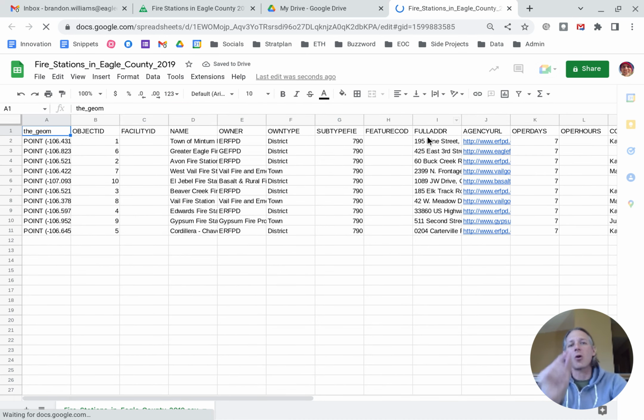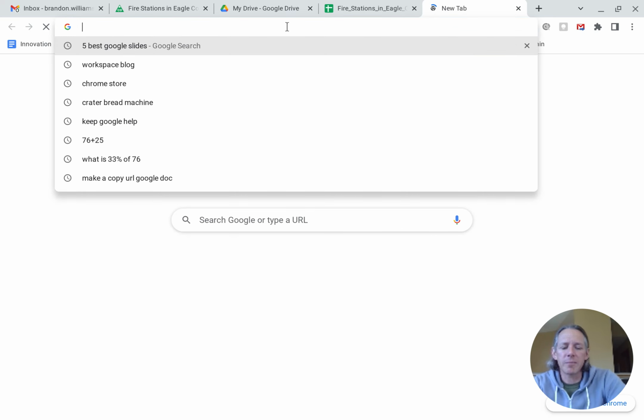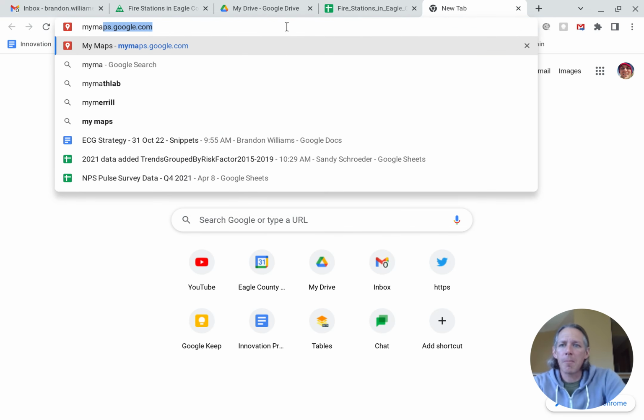Oh, great. So column I actually has the full address, which is awesome because that is going to make it super easy to plot on a map. So you can tell it's got zip code, town, stuff like that. If your data set has different sections for town, zip, street, and stuff like that, you can use concatenate in Google Sheets to bring that together and make it really easy for Google Maps, MyMaps, to map. So anyway, I got exactly what I need. What I'm now going to do is go to